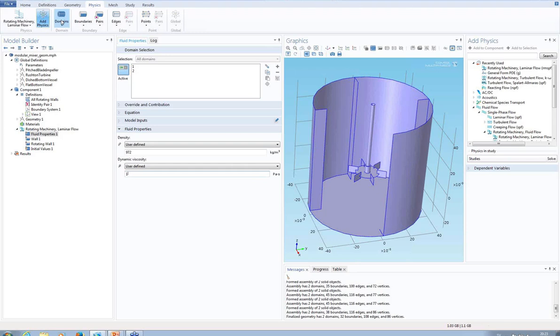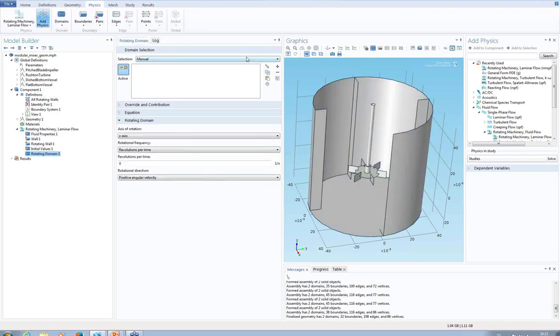So we're going to need a rotating domain, and we have a predefined selection here, which is called rotating fluid domain. So this is set up here when we're building the geometry, and we define a parameter n for that,